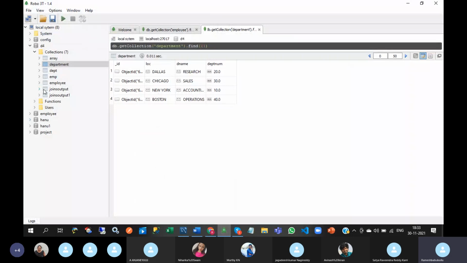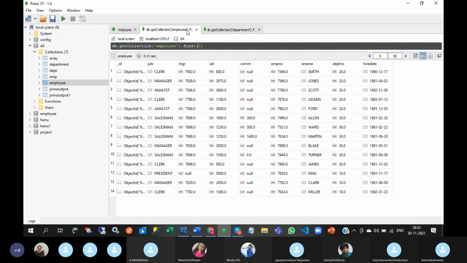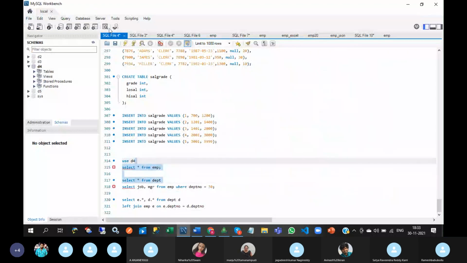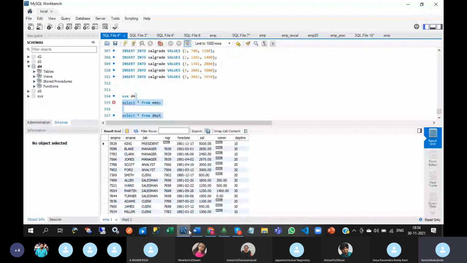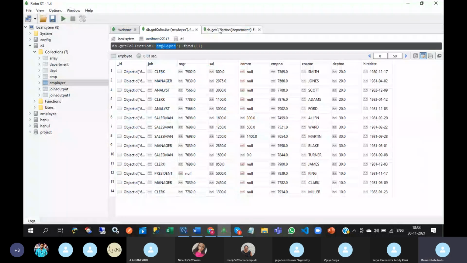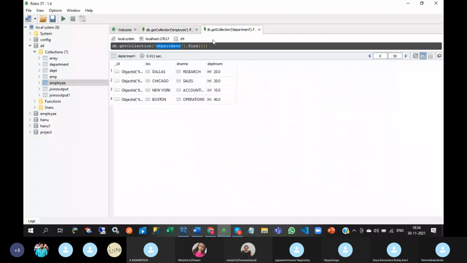And please take note of these collection names, department and employee. See here. The same details I have stored in the employee collection and the department collection. These collection structures look like RDBMS table structure. In the department collection, department number is there.